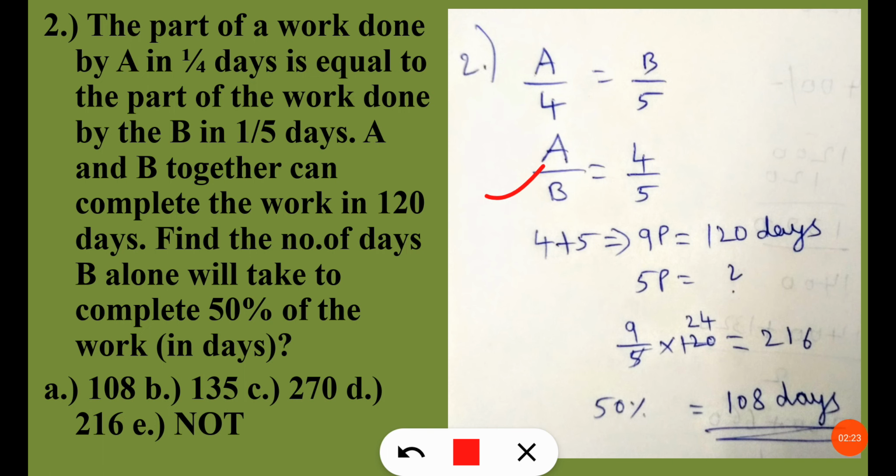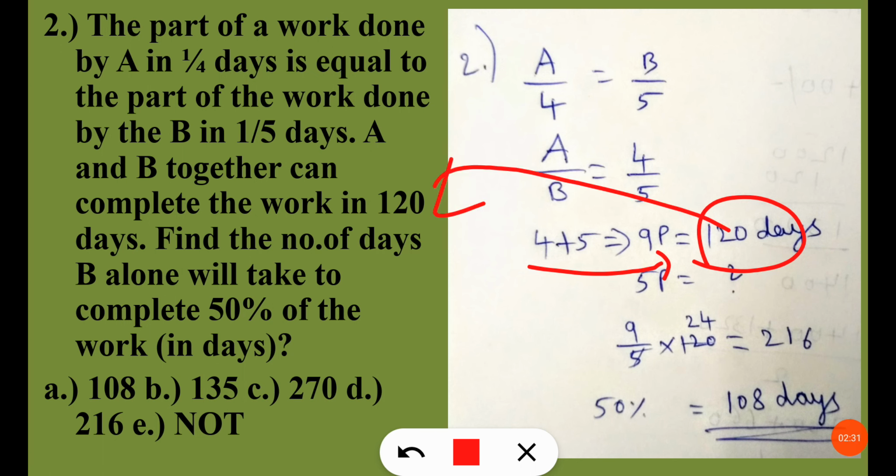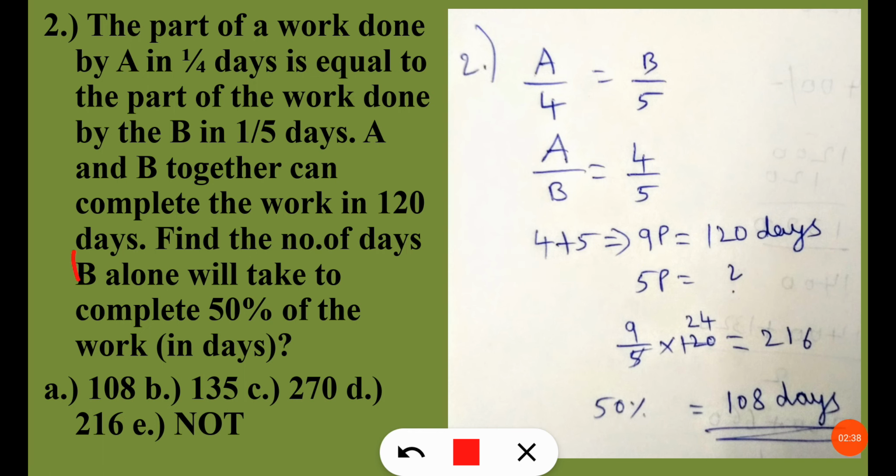And the A to B ratio is 4 by 5. 4 plus 5 equals 9 parts. The 9 parts value is given as 120 days. The total work is 9 parts and the total number of days by both A and B is 120 days. We were asked to find out the B alone days. So B alone means 5 parts we have to find out. 9 parts is 120, and 5 parts means